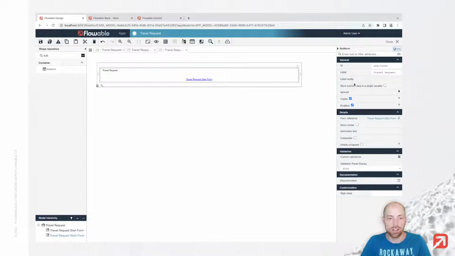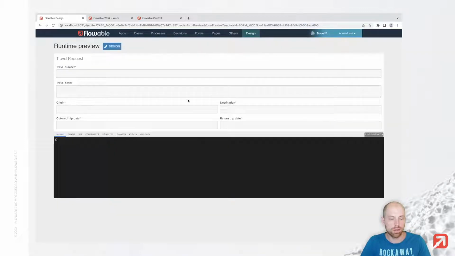I would like to uncheck that, so it is basically stored on the highest level, since otherwise the variable name would be different, since we have a nested variable in here than what we have had before. I also go ahead and disable it so that a user is no longer able to change it. When we click now on the preview, we see basically the travel request with all the different fields